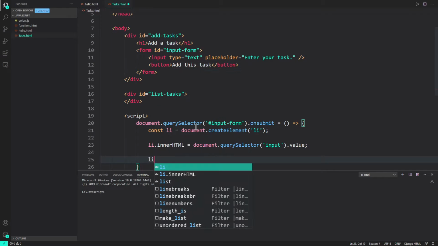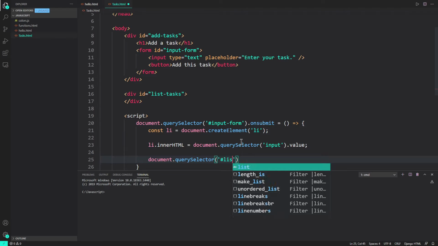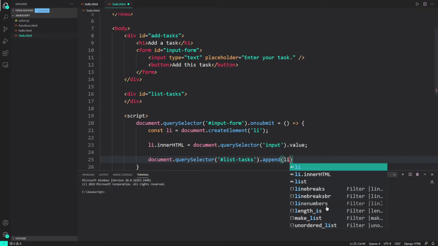And at the last I'll say document dot query selector, and this time I'll select this particular div, which is list task, and append li to it.